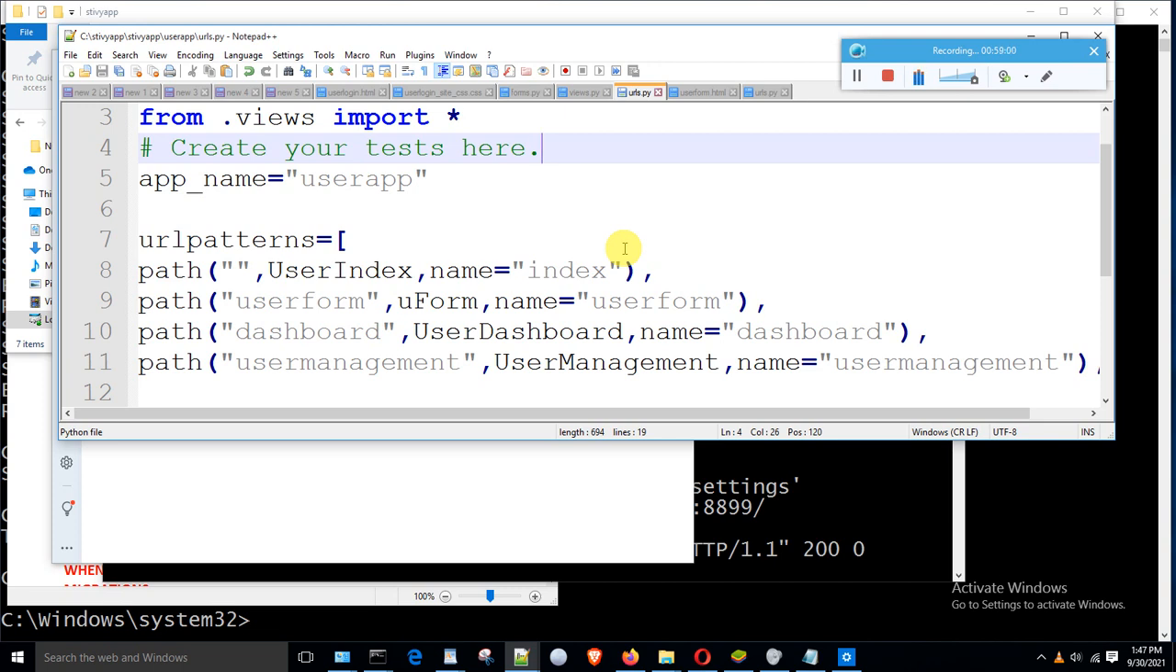Like this. After the slash user and slash user. So user. That's the user. Just see all the